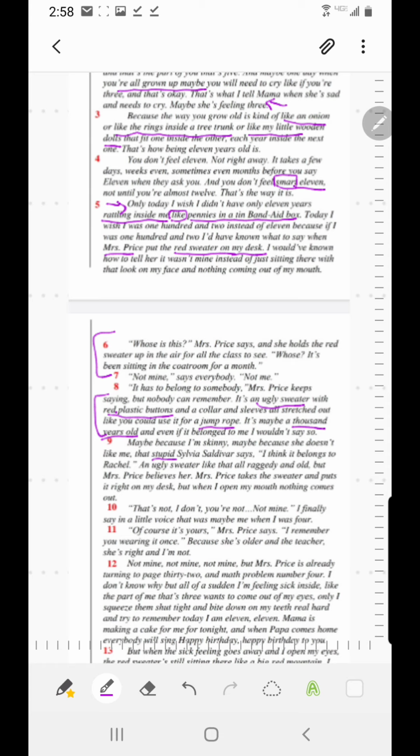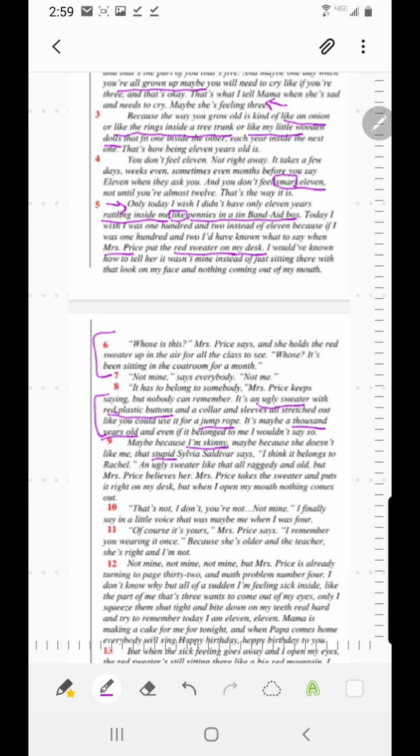Now, why would she feel the need to point out the fact that she's skinny? When I read that, it made me think maybe Sylvia is heavier and Rachel feels like Sylvia bullies her or doesn't like her because she's skinny, right? Maybe in her mind, she feels like Sylvia holds that against her. But there's no real evidence that suggests that Sylvia is this bully. So again, you have to think, is this Rachel's interpretation, her perspective, or is Sylvia really her nemesis, right?